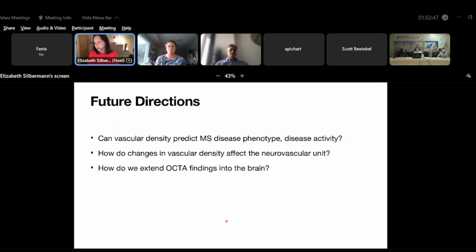Some areas that I'm particularly interested in are whether vascular density can predict MS disease phenotype and disease activity. I'm really interested in knowing whether or not changes in vascular density affect the neurovascular unit. So really bringing that question one step further to know how do the changes in blood flow affect how themselves, and then also really establishing how we extend our OCTA findings into the brain with some of these advanced MRI techniques. So there's a lot more work to be done, but it's a very exciting area, and I appreciate having